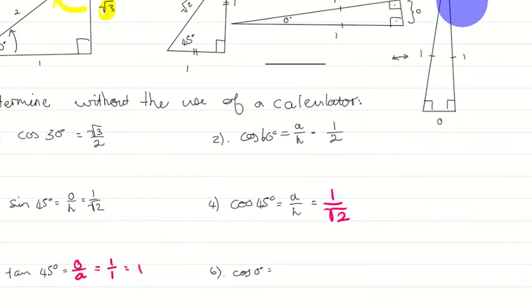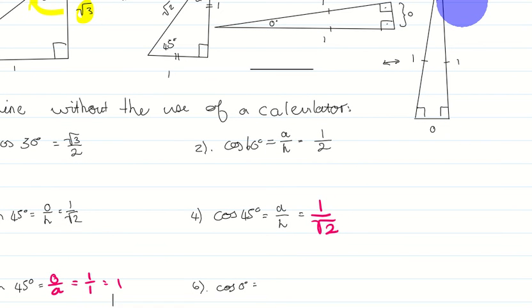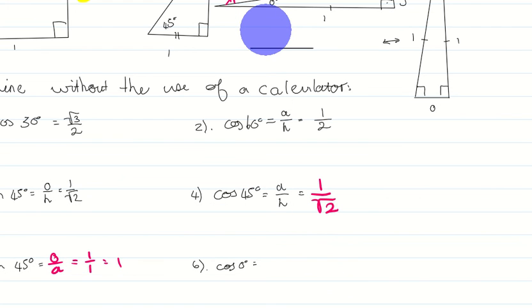Cos of 0. So I'm going here to what I refer to as my impossible triangle. I'm saying cos of 0. Cos is what? Adjacent over hypotenuse. So what is my adjacent side here? I'm looking from this perspective, standing right there, because I'm saying cos of 0. My adjacent side is 0. What is my hypotenuse? My hypotenuse is 1. And that is 0 divided by 1, which is equal to